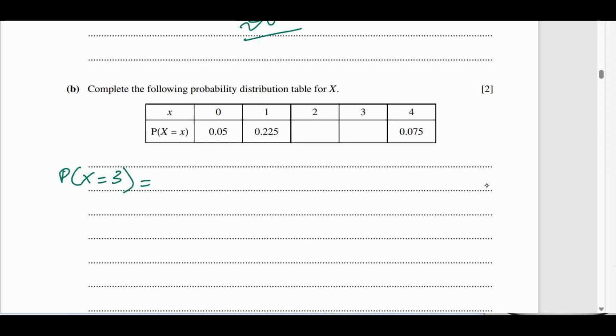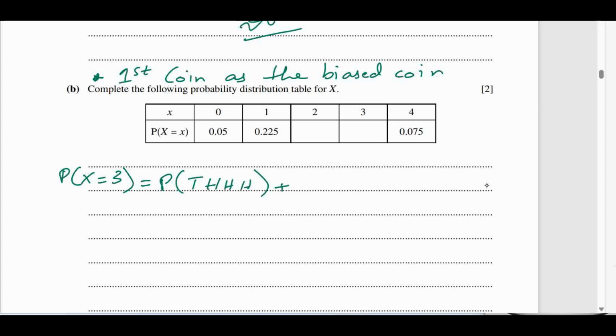x is equals to 3 का मतलब ये है कि आपके पास हर कॉइन पे 3 आपके पास हेड्स हैं। एक बात आपने अगेन याद रखनी है कि वी आर कंसिडरिंग फर्स्ट कॉइन एज द बायस्ड कॉइन। तो फर्स्ट कॉइन को हम बायस्ड कॉइन कंसिडर कर रहे हैं। सो विच मीन्स कि आपने प्रोबेबिलिटी ऑफ एग्जैक्टली 3 हेड का मतलब क्या है कि आपके पास फर्स्ट पे टेल आ जाए, देन आपके पास 3 हेड्स आ जाए, या ये हो सकता है कि आपके पास फर्स्ट हेड हो, देन टेल हो और देन हेड हो, या ये हो सकता है आपके पास कि फर्स्ट हेड, सेकंड हेड, थर्ड टेल एंड फोर्थ। अब देन लास्ट ये हो सकता है कि पहले तीनों आपके पास हेड हो और आखिरी टेल हो।